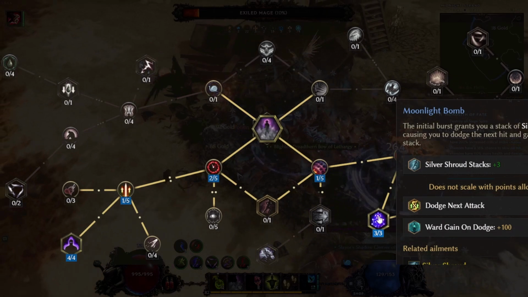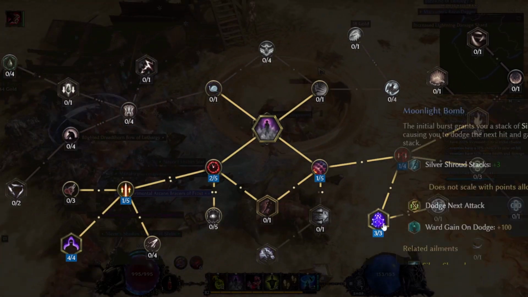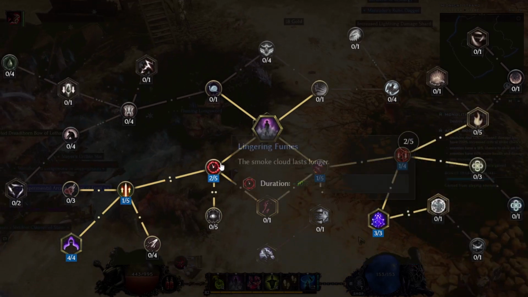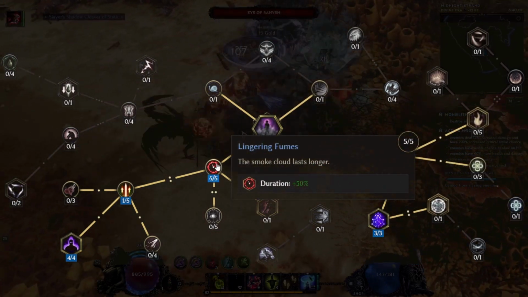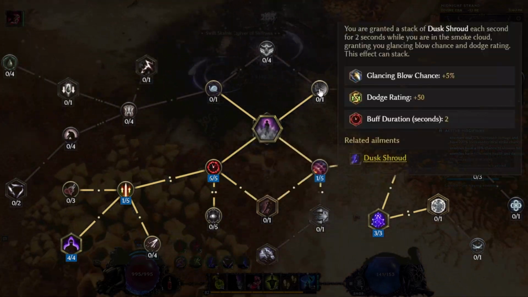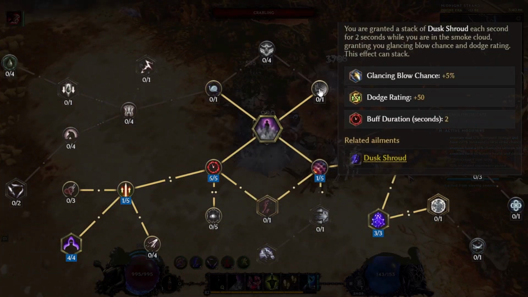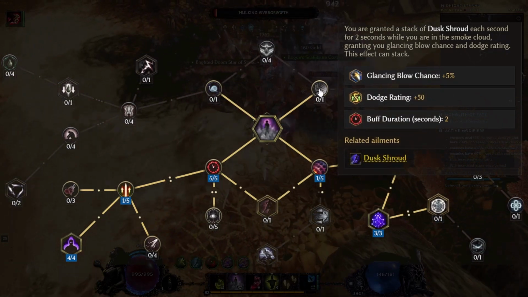We also get 100% dodge, as well as gaining 100 ward per dodge. After completing Moonlight Bomb, we will now focus on taking Lingering Fumes and maxing this out to level 5, increasing the duration some more by 50%. Now shifting our focus to Shrouded in Darkness, this will grant us the ability to proc Dark Shroud, giving us